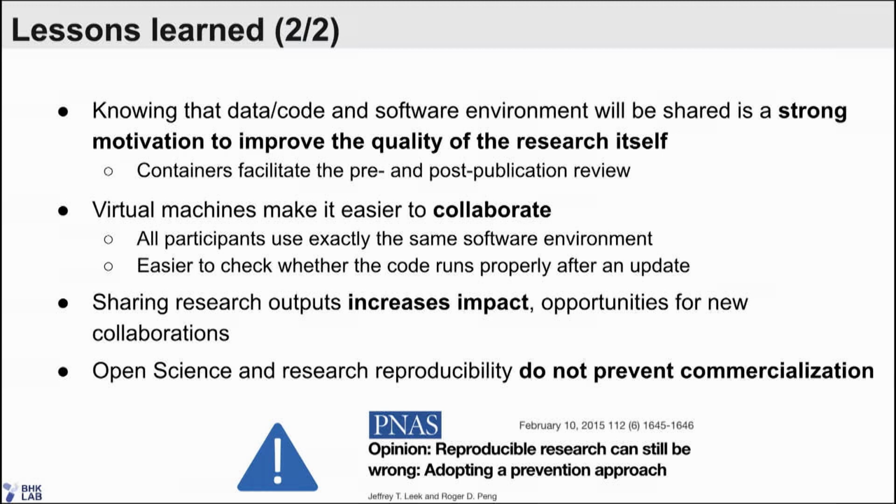Something very important to note, though, is that just because your research is transparent and reproducible doesn't mean the research itself is error-free. There might still be errors in your analysis, but because it is transparent and easy to reproduce, those errors can be identified and corrected, and the field can move forward. If you don't share your data or your computer code, it's virtually impossible for other scientists to find those errors, and it takes a long time for the field to self-correct.